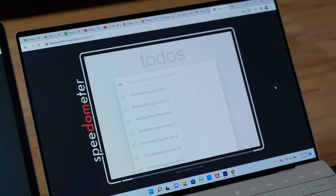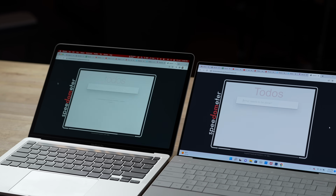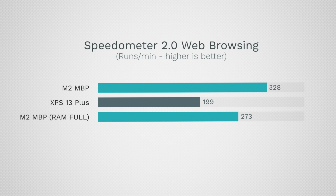And while we're still running the export, let's do Speedometer one more time, which is gonna show us loading up new websites, Google Docs, Microsoft Teams, Office Online, all those kind of things. Oh man, this is why people buy MacBooks. We have a lower number, 273, than before, using Chrome still with that render in the background, but on the Dell, we have